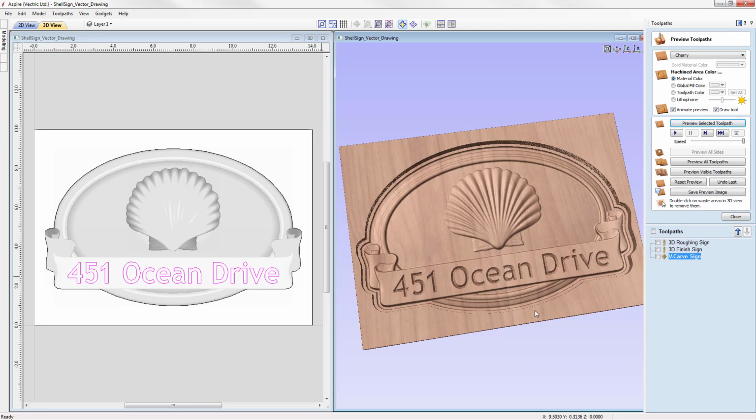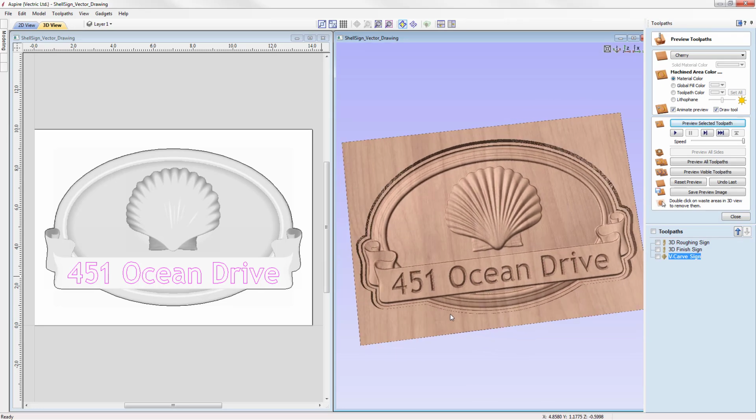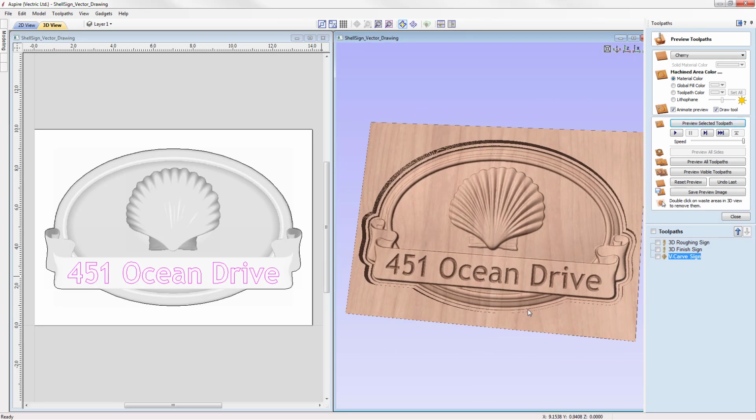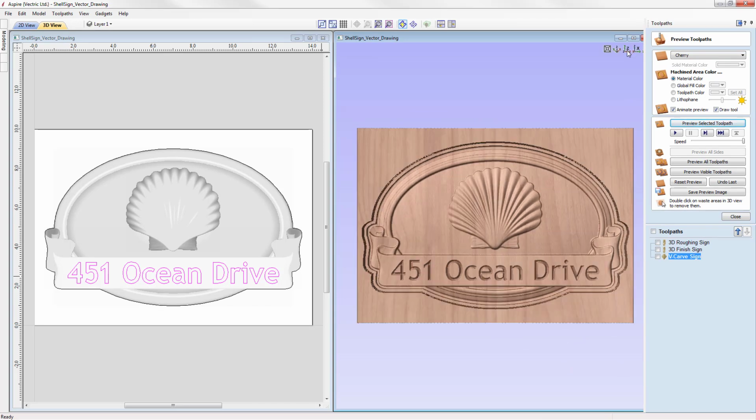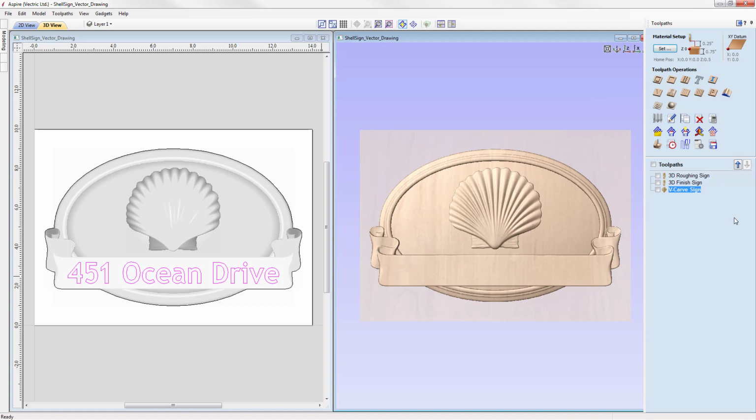Okay, so I think we've got a very good effect there, and I like what we've got. So we'll just put that in C, and then we'll close out of the preview toolpath form. So all we need to do now is create a toolpath that's going to cut our sign out of our block of material. So we're going to take this vector here, and then we're going to go over into the